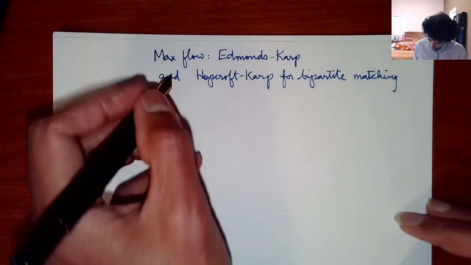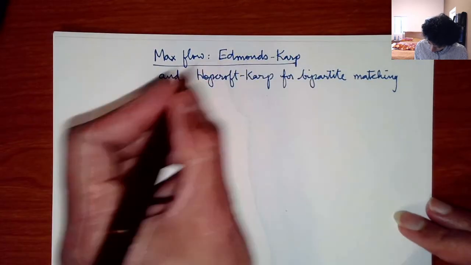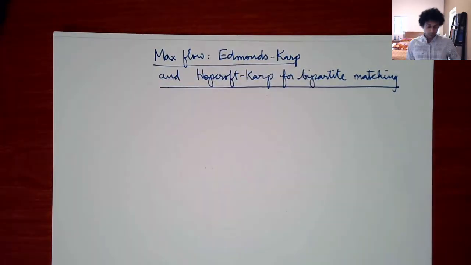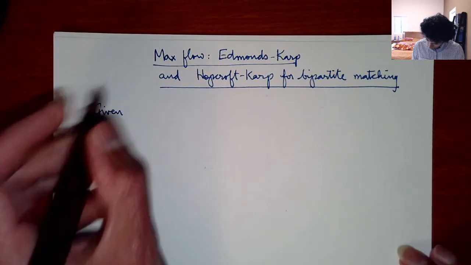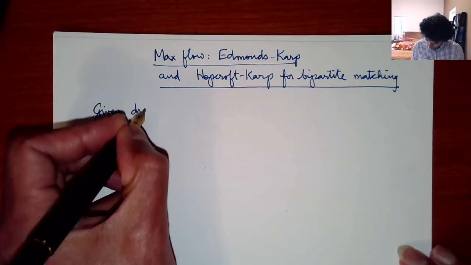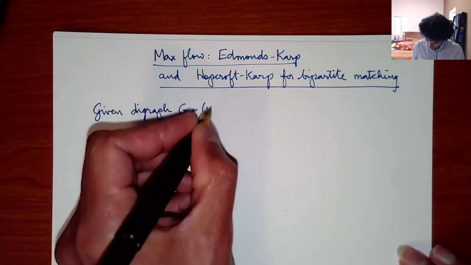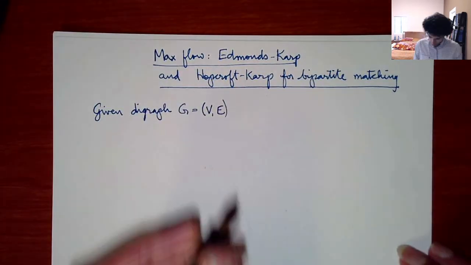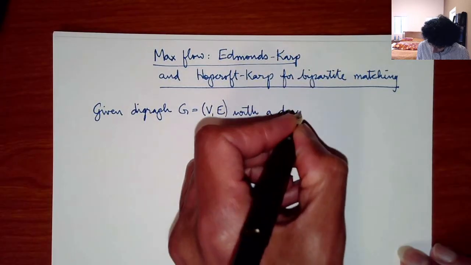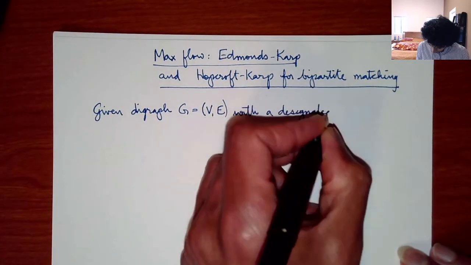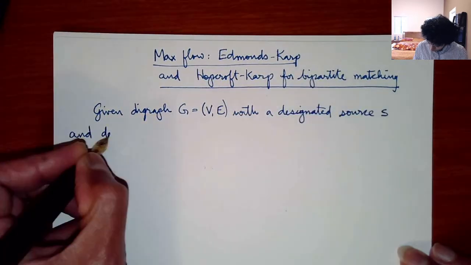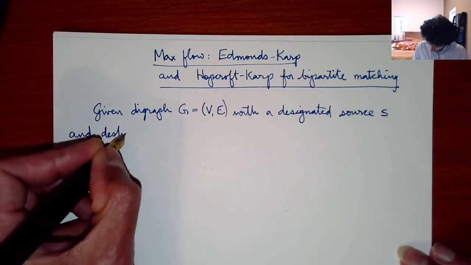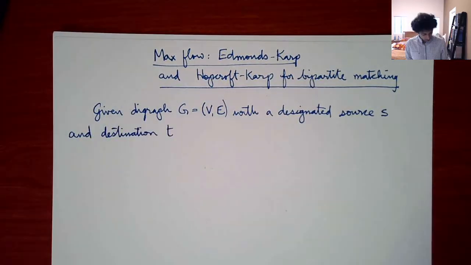So we're going to talk about the Edmonds-Karp algorithm and Hopcroft-Karp for bipartite matching. So let me just recall what max flow is. We're given a directed graph, a digraph G, with a designated source vertex S and a destination T. So these are two vertices, S and T,